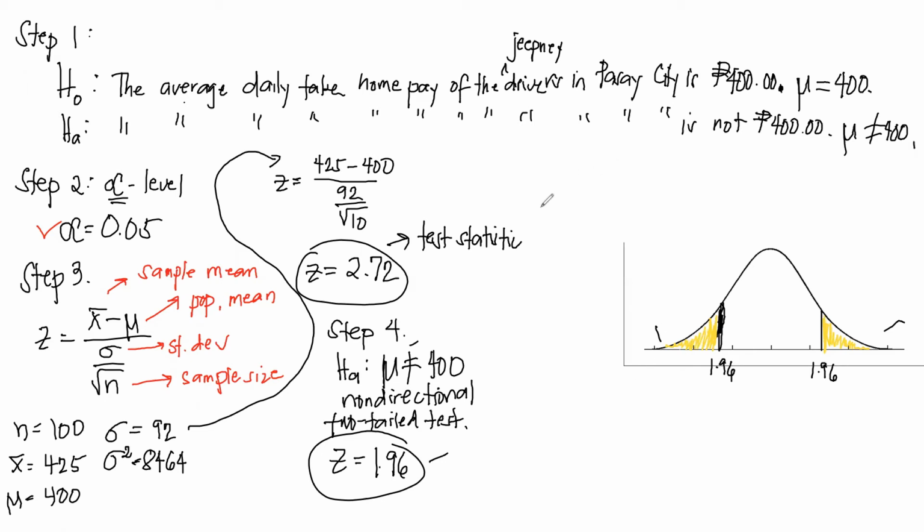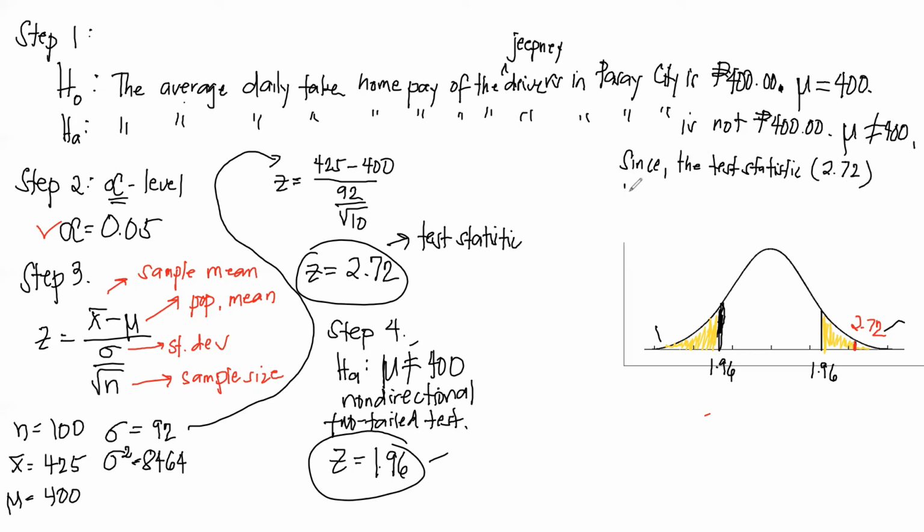Okay. And then plot our z-score. So this is 2.72. Let's assume that the z-score is here, which is 2.72. Now, we will interpret the graph. Based on the graph, since the test statistic, which is